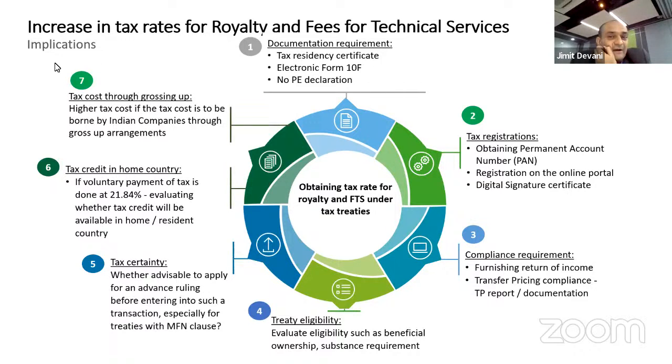If the Indian company, without taking the declaration, which is the tax residency certificate, the Form 10F and no PE, makes the payment, then the Indian company is technically in violation of the withholding tax law, because they are supposed to obtain this and then and only then make the payments to the foreign party or book their payments and deposit the tax into the government treasury.